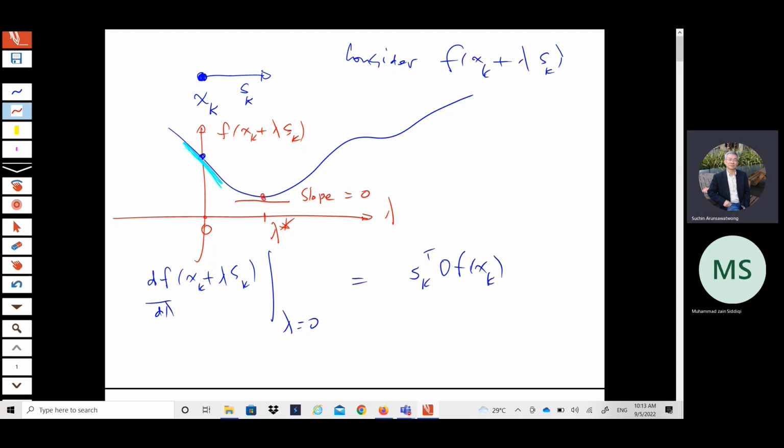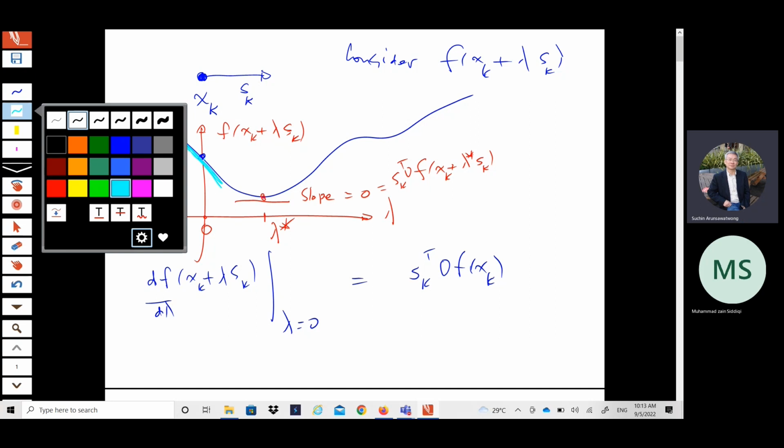And what is the slope at this point? The slope at this point is equal to sk transpose grad f(xk plus lambda star sk), from chapter 4. Whereas the slope at this point is